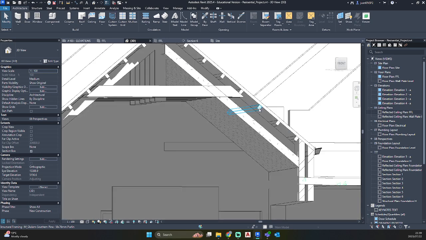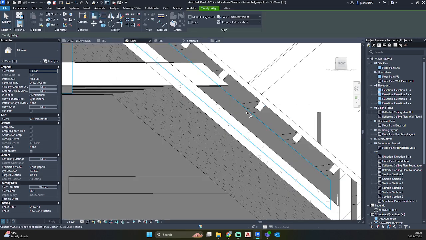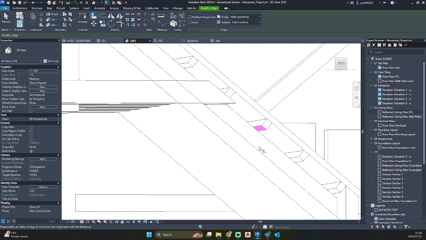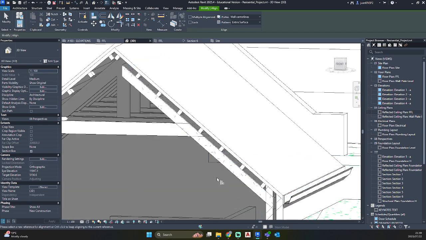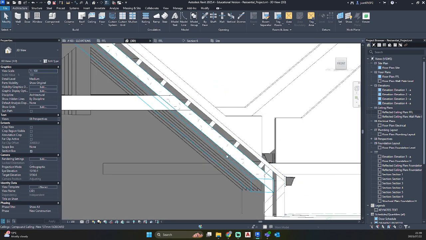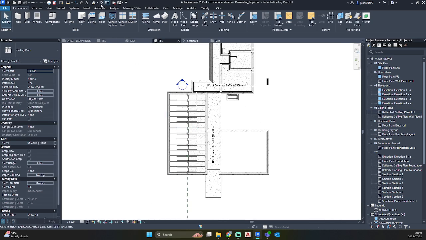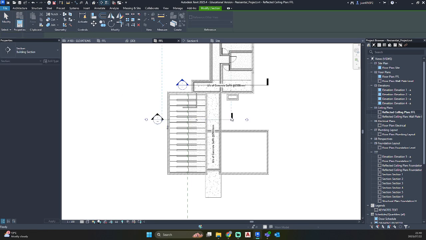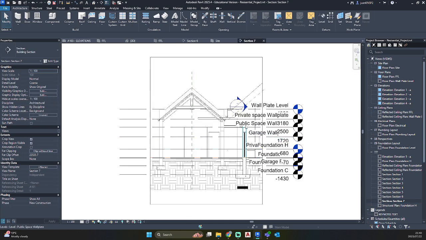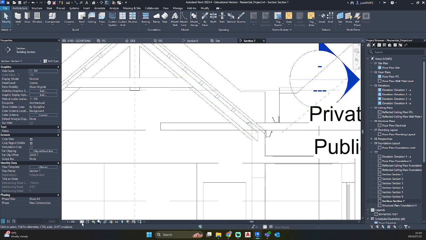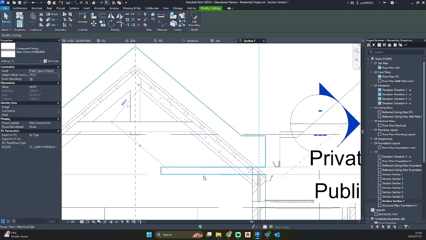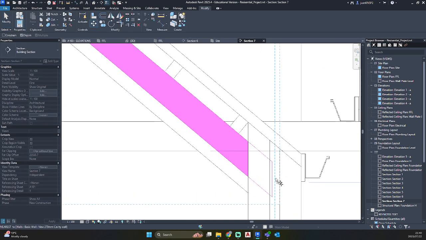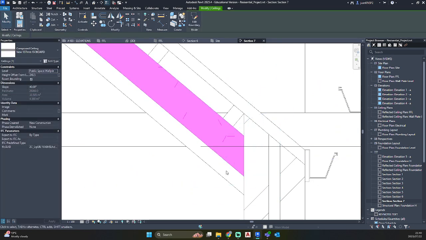So now we need to get it against our purlin. So we can go AL, select the bottom face of your purlin, and select the top face of your ceiling. And there we go. But as you can see that it has aligned it in a straight line. So let's go and fix that. So I'm just going to draw in a new section line. I'm going to change my detail level to fine. And as you can see, there is our ceiling.